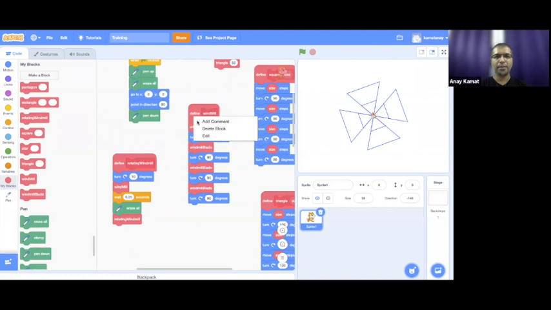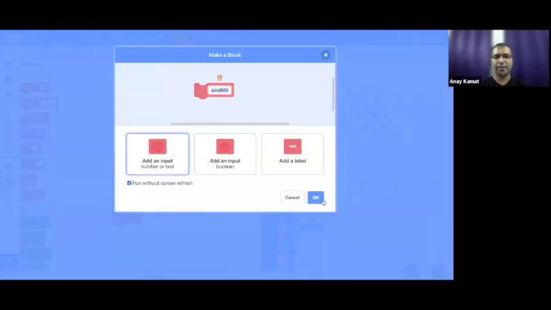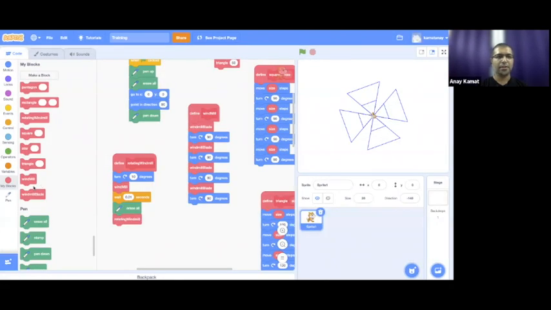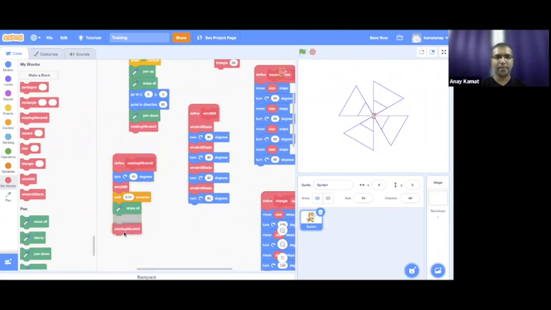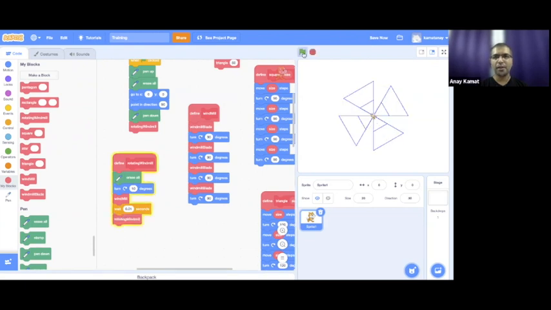All right, now this particular block that we have, we already said run without screen refresh. So let us say rotating windmill back here, and let us see whether it looks smoother now. Yes, it does look a lot smoother. All right, maybe we put erase in the beginning, not towards the end, like this. Yes, it's a lot smoother now.